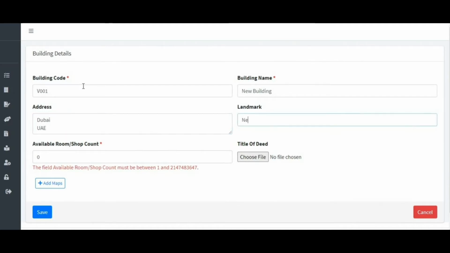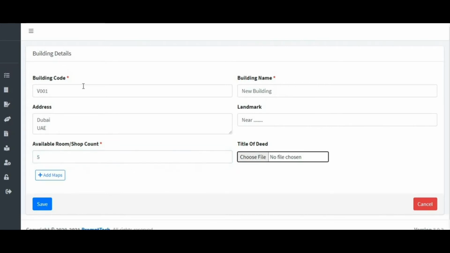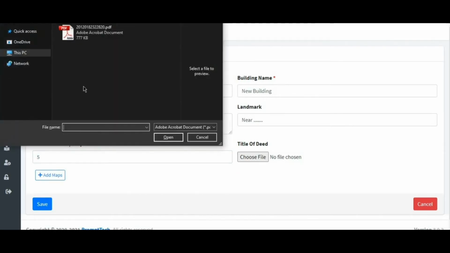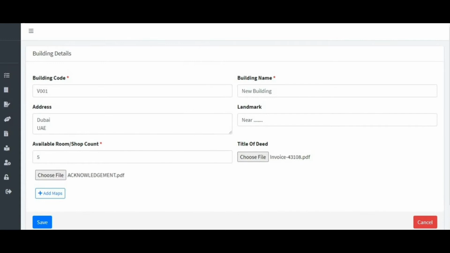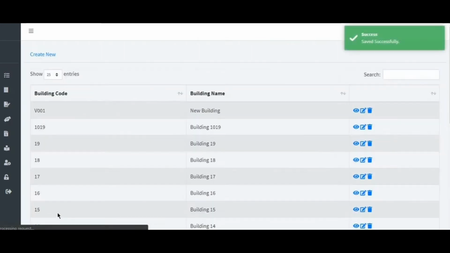You can even add the title deed, right, for which you'll obviously have a contract. So you can just add in the details over there, and add. As soon as you add, these details will be saved. So like this, you can create different entries for your different buildings. This one is available, and you can even download it and save it somewhere else in your folder as well. That is also possible, right?